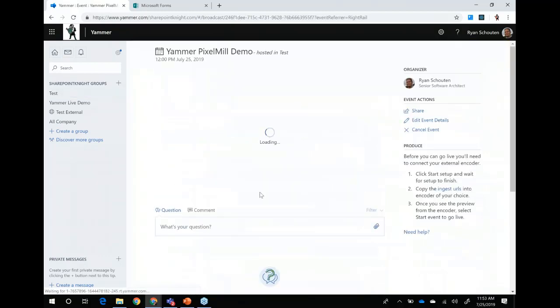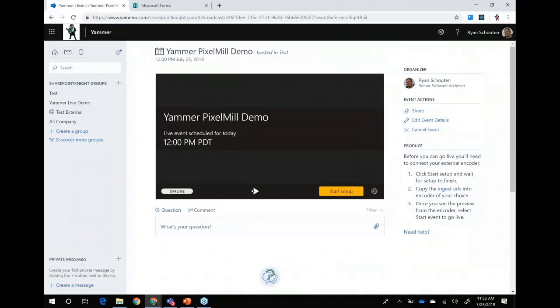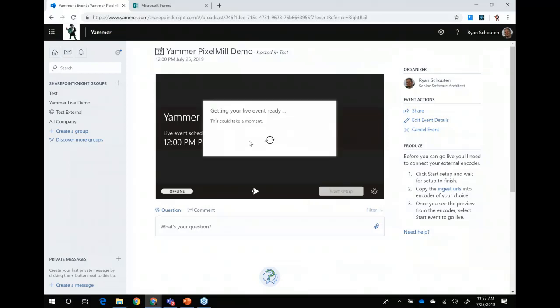Then if we come into it, since I am the person that created it, I have some options that most users don't see. We have some options to start our setup. This is one of those things you have to keep in mind when you're doing an external encoder, even through Teams, Yammer, or Stream: it will give you the information you need to set it up, but you have to click this first. There have been times when I've been doing demos and I'm like, why is this not connecting? It's just throwing errors. And I was like, oh, duh, got to hit that button first. So if we hit Start Setup,